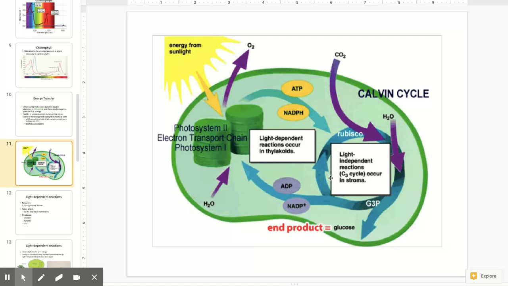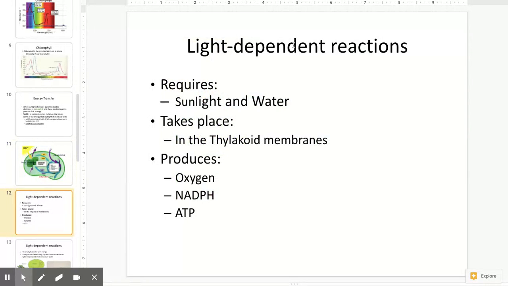This is a picture that you're pretty much already familiar with, but it shows the entire process of photosynthesis. So here's our chloroplast. We have our light-dependent reactions, our light-independent reactions, also known as the Calvin cycle. And we're going to be starting by looking at the details of the light-dependent reactions and then moving on to the light-independent reactions. So in the light-dependent reactions, it's very important that we note that the light-dependent reactions require sunlight